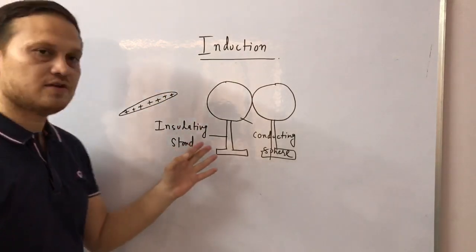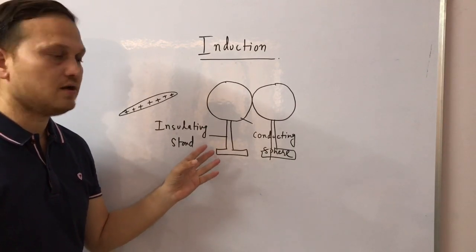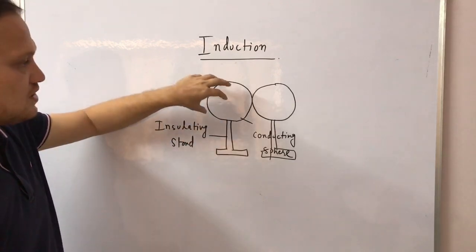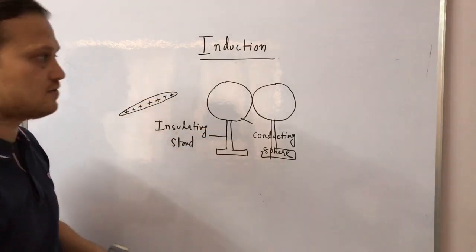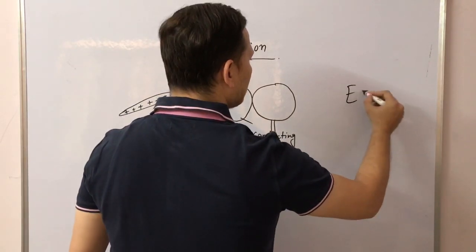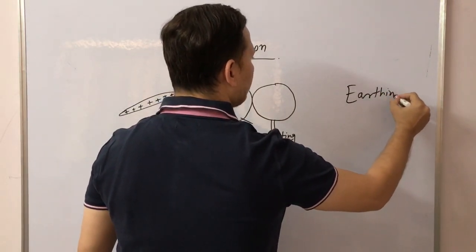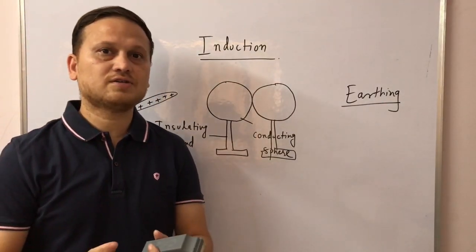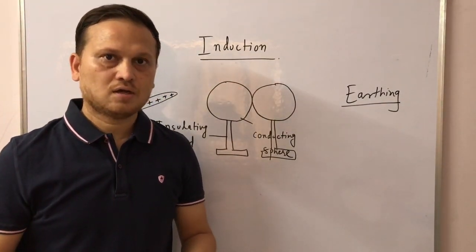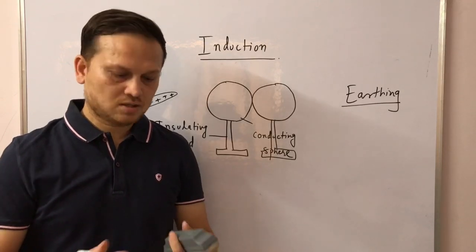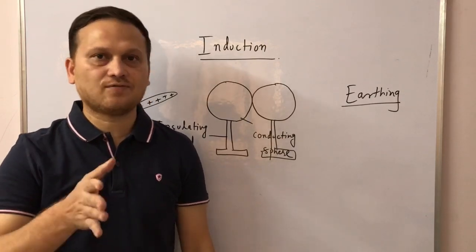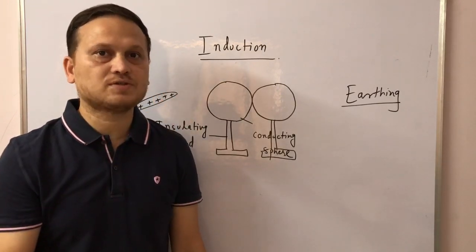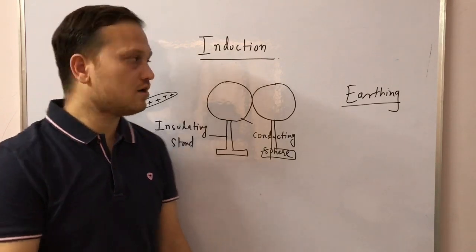Now what is the reason why I have kept the spheres on an insulating stand? Because if we do not place them on an insulating stand, the charges will flow towards the earth. This is the biggest reason, which is called earthing. We know that the earth is a big conductor. Any charge can flow towards the earth, which makes earthing. The earth can take any number of charges. So that is the reason earthing can happen.